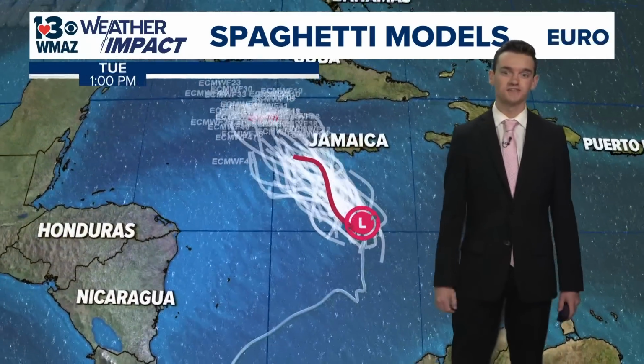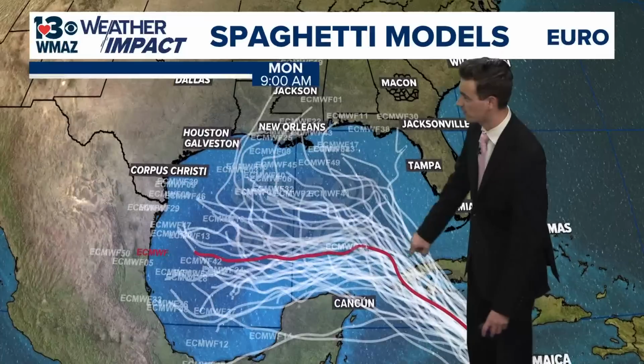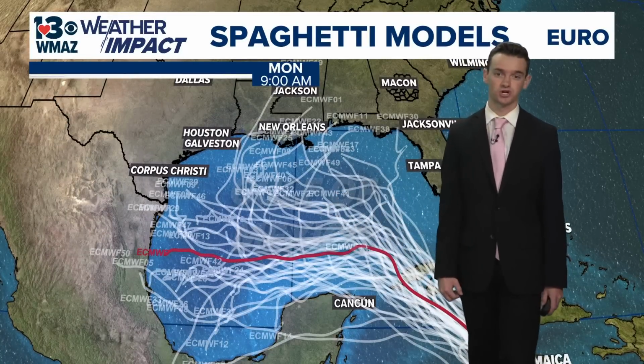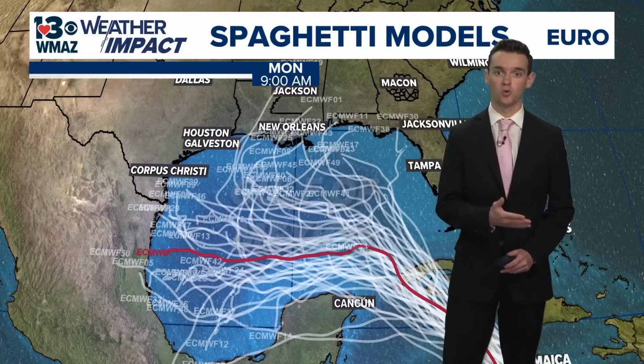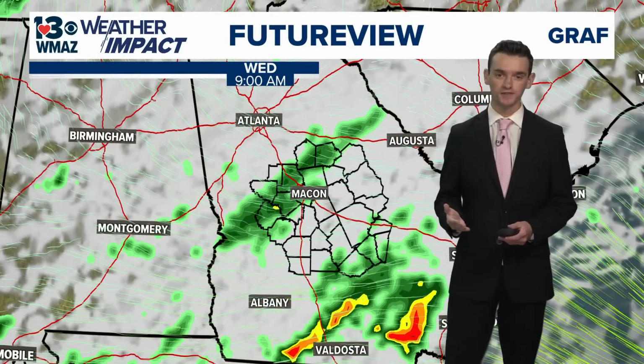Right now, taking a look at the Euro models, once again, a good agreement that this is going to trek over that western edge of Cuba, but then the Euro is hinting at maybe even a possible westward turn into the Gulf of Mexico, maybe impacting coastal areas of Texas or Mexico. So still a lot of details to fine tune in terms of that, but one thing is for certain, here